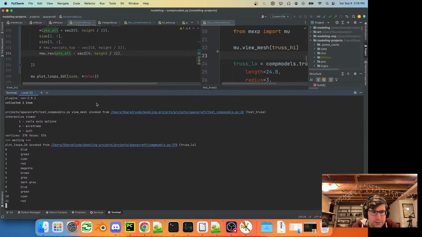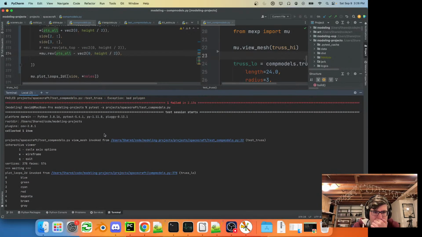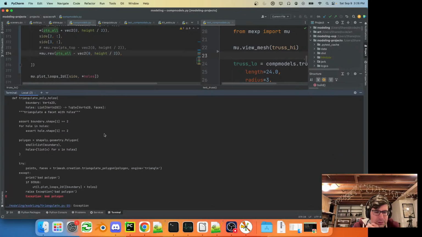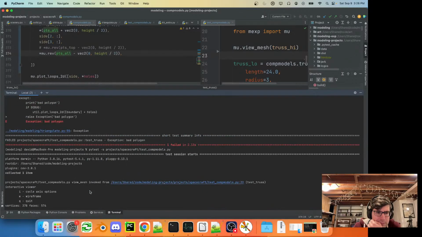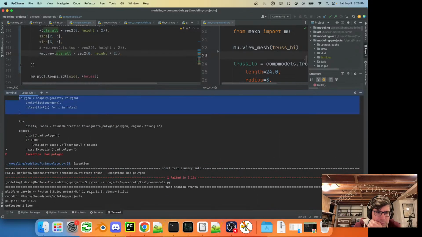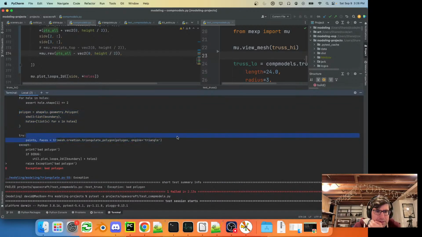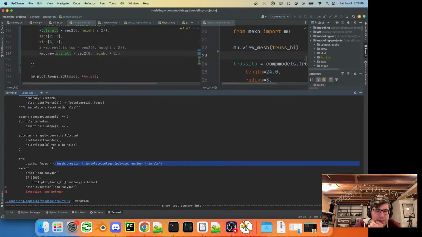And just to be clear here, the exception is when we're doing the trimesh.creation.triangulate. That's too bad, because I think that means